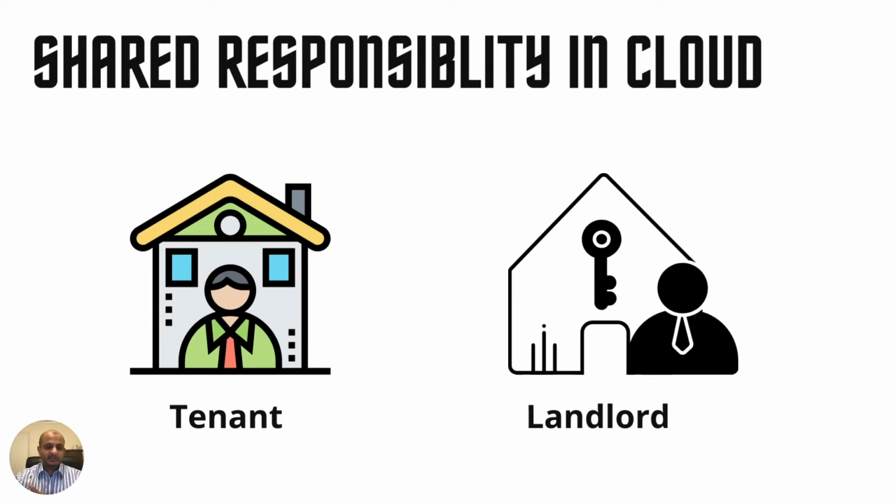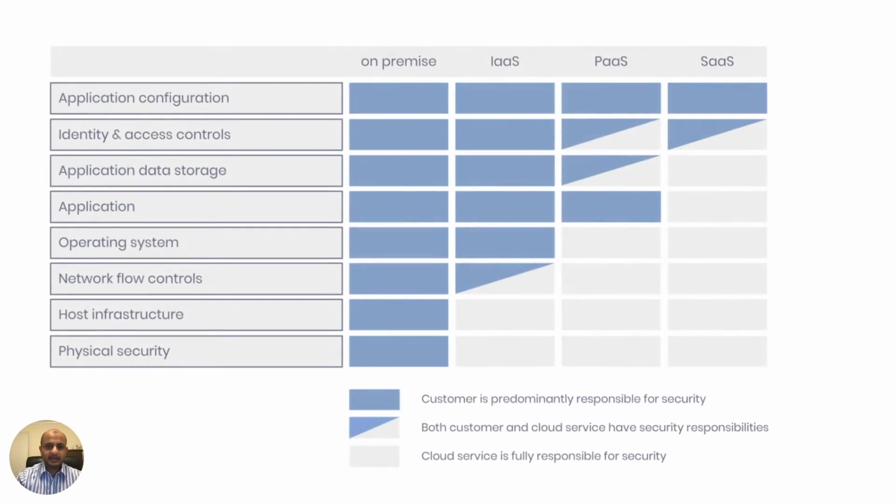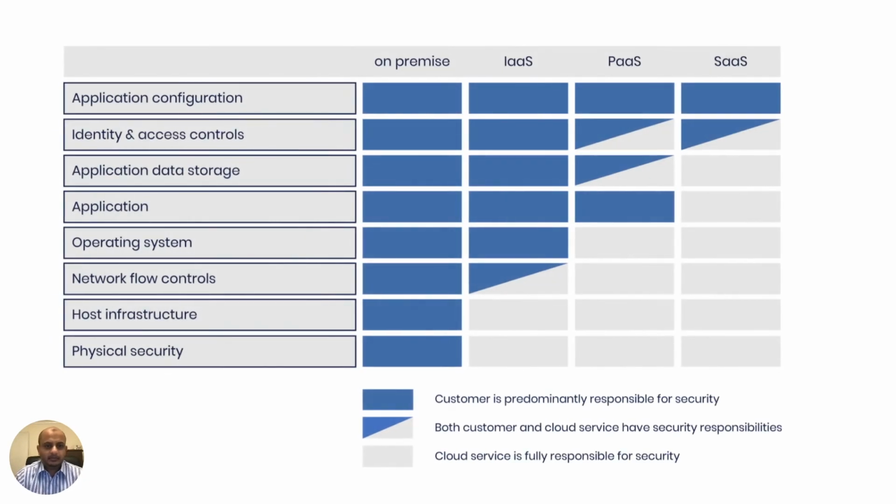The cloud provider is going to do a few things, and the tenant is going to do a few things. Okay, and how does that happen? This is the best example I can give you. These are a few of the things which you can see from the table there. These are all of the responsibilities, and the blue one is your responsibility, and the gray one is the cloud provider's. Okay, so you can see responsibility changes depending on the model. For on-prem, you do everything. As you can see, everything is blued out, so you're doing it all.